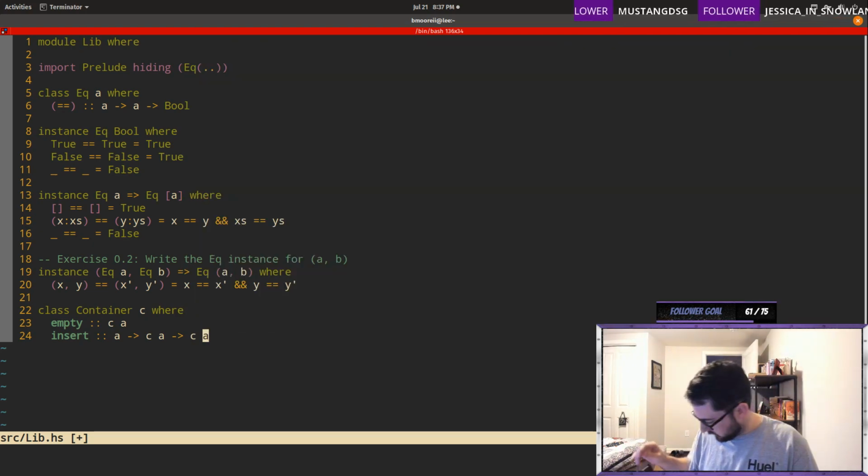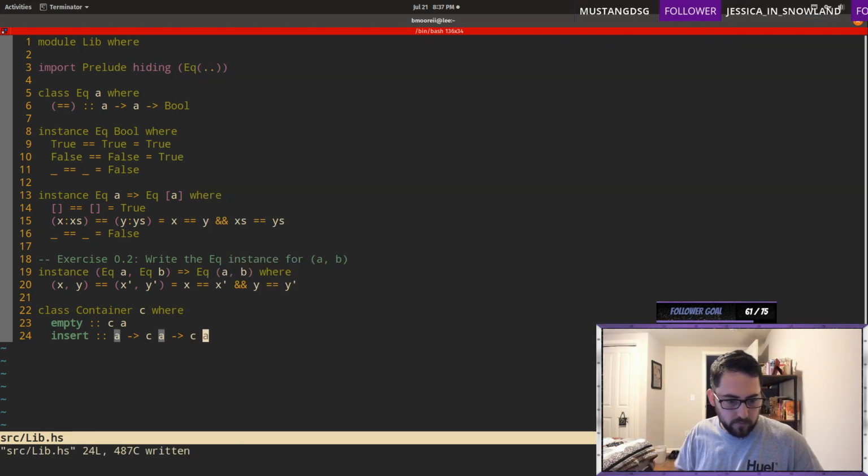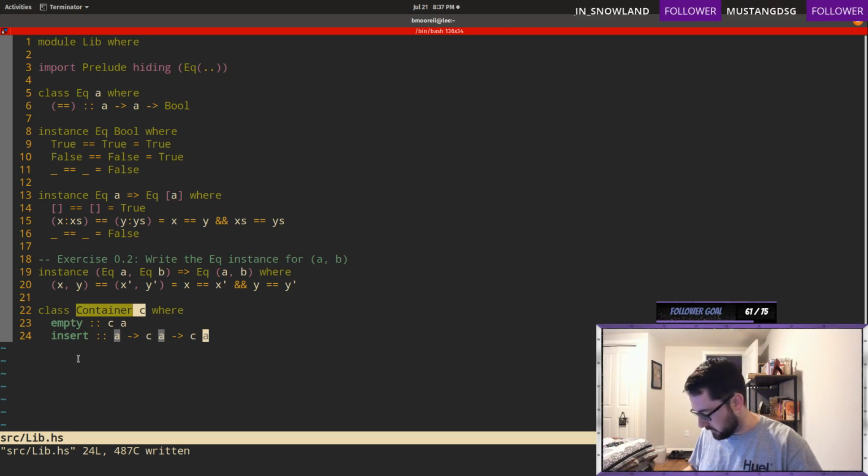I assume it's like this. Yeah. So you can write things like this where you're saying I'm going to instantiate a type class of a container that contains two functions, empty and insert. You can do this again in Scala, but we're going to ignore that.